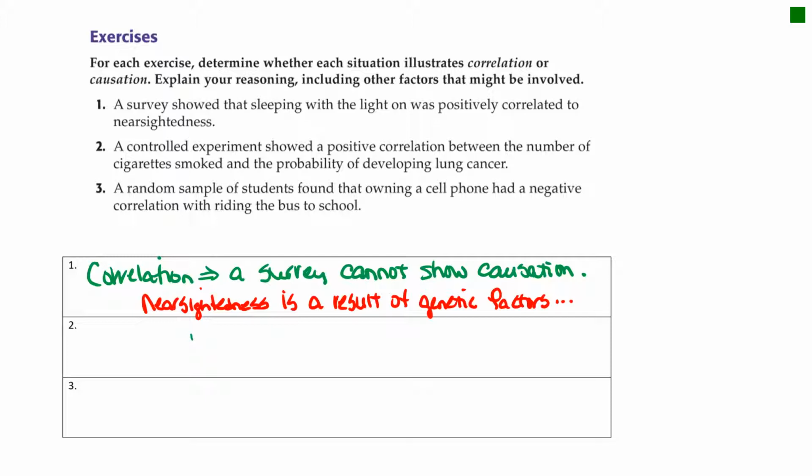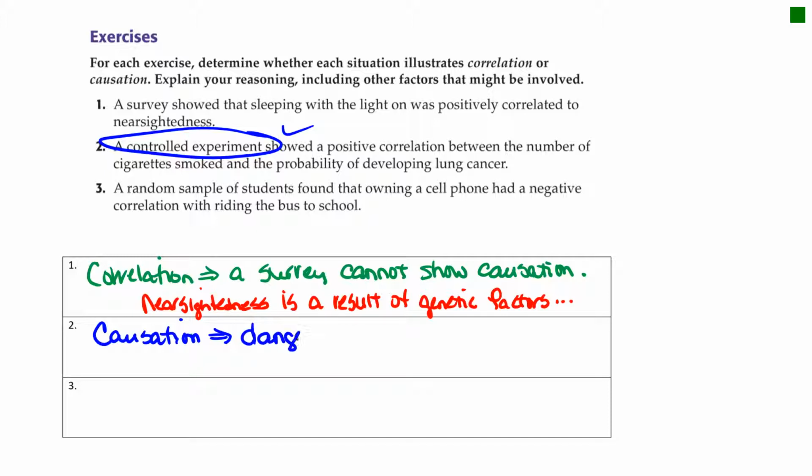All right. A controlled experiment showed a positive correlation between the number of cigarettes smoked and the probability of developing lung cancer. Does the number of cigarettes smoked help the probability of you getting lung cancer? Probability is a percent, a chance of you getting it. Yes, guys, that is true. Sorry, if you're smoking, stop. That is a causation, okay? First of all, controlled experiment, check. That tells us that we really were not just getting opinions, we were getting data. So it is a causation, and unfortunately,